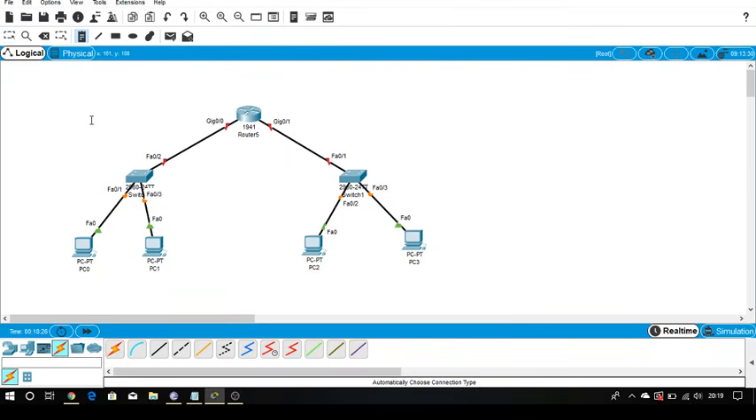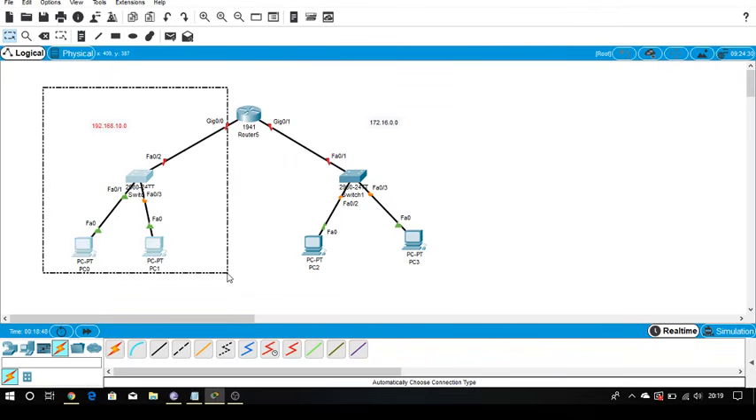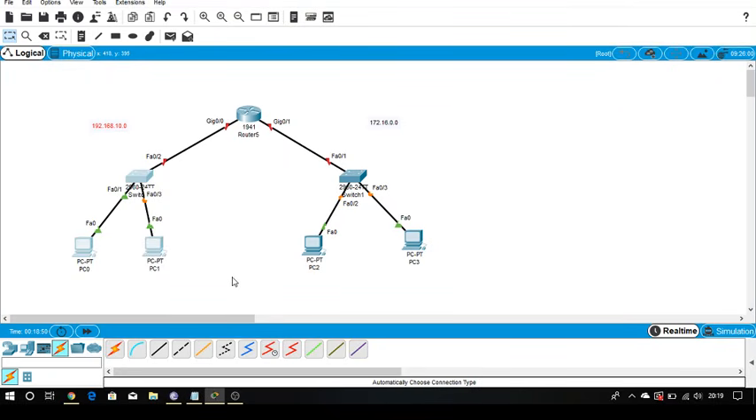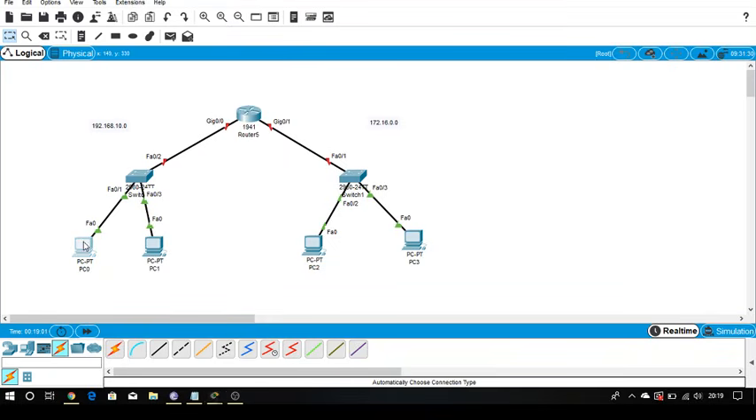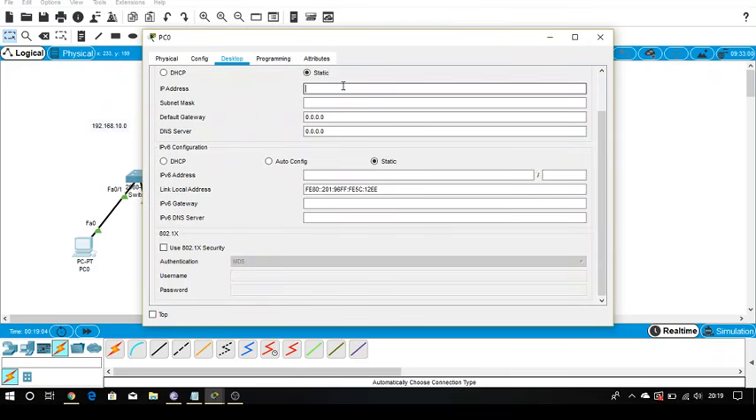So we have taken the network address for this network as 192.168.10.0. The network address for this network is 172.16.0.0. Now start providing IP addresses. For this complete network, I will provide IPs with the graphical user interface, and for the router I will follow the command line. So for PC1, desktop, IP configuration,